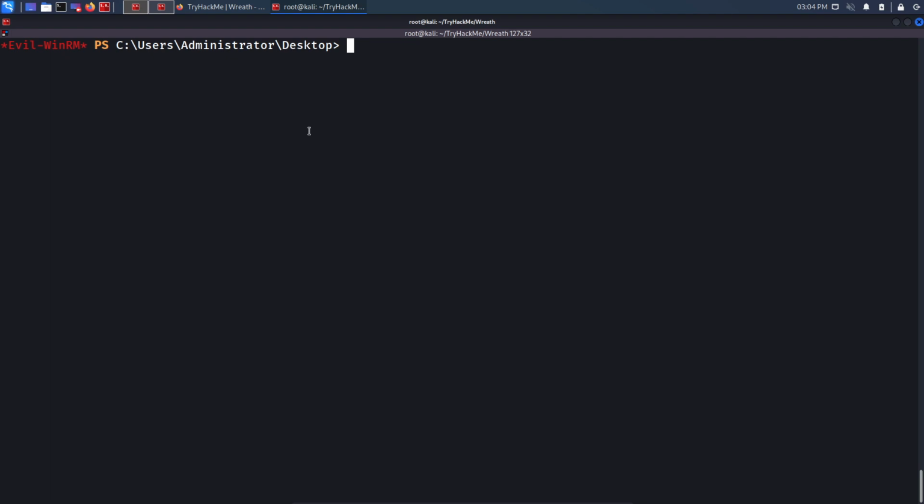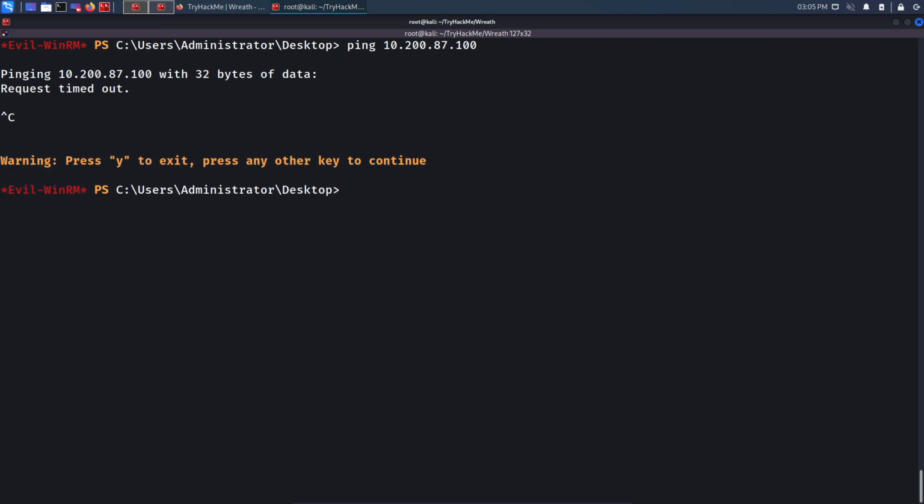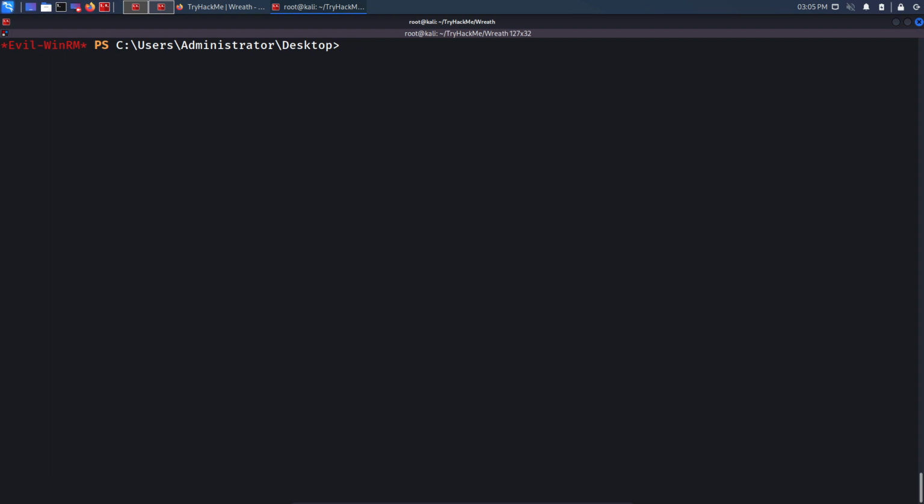Now from my previous nmap scan, I also know that the IP address of my last machine is 10.200.87.100, which was given to me by nmap. So I already know the IP address. The very first thing I always try is ping. So can I ping that machine? 10.200.87.100, hit enter, and it doesn't look like it is pinging, but that doesn't mean that I cannot reach it. If I press Ctrl+C right here,